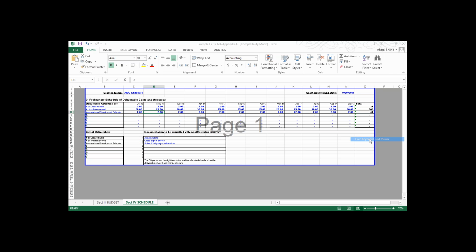Thanks, Shane. Great job in explaining the detailed budget form as well as the schedule form. As soon as I get the controls back, I will point you back to our Appendix A Word document where we left off, top of page 6, so we can talk about